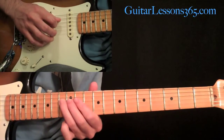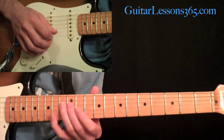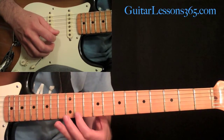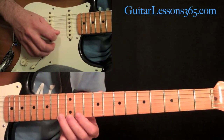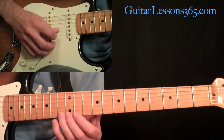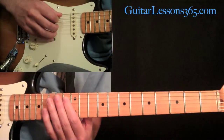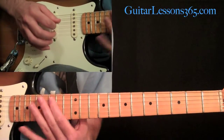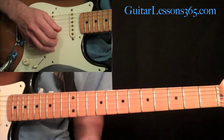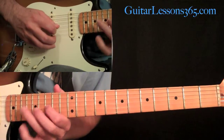a downstroke on the 13th fret on the D string, then 11 on the B, 11 on the high E, is 11, 13, 11 on the high E. Then we're going to end that phrase with a slide from 13 to 15. Okay, now that puts us in position for the next phrase, which is going to be kind of like,